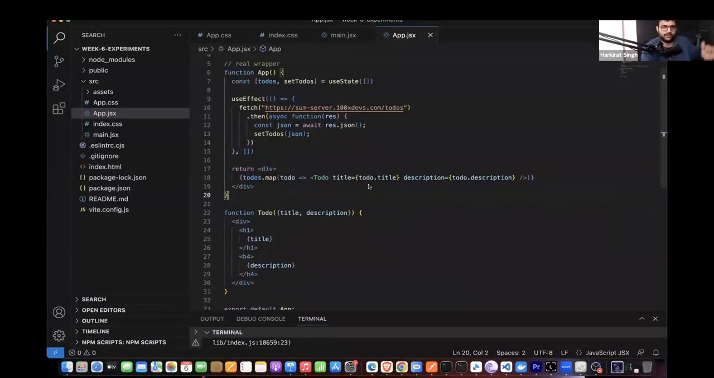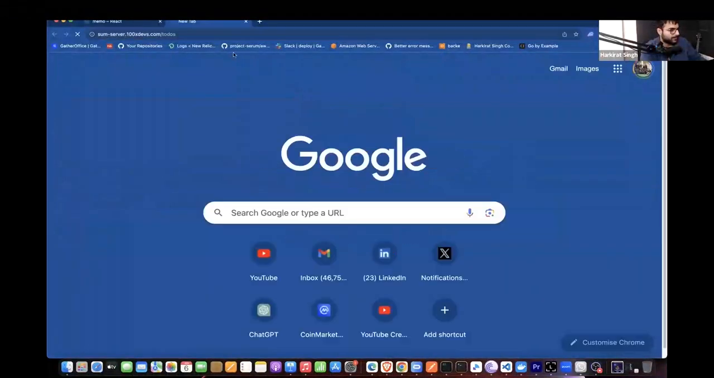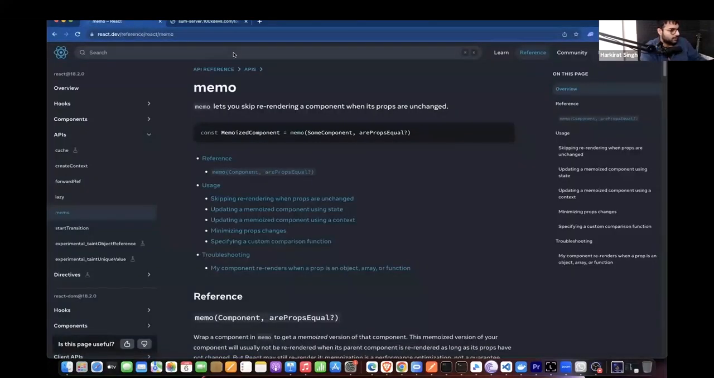Every 10 seconds you have to ask the server, what are the new set of todos? We are not doing that yet. We are sending one request when the component mounts, which means the first time this app renders, the backend request would go out. And if I open this in the browser,